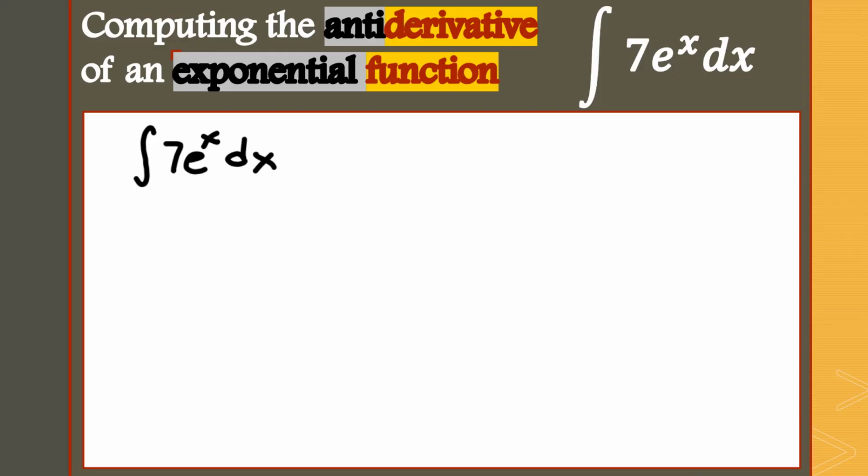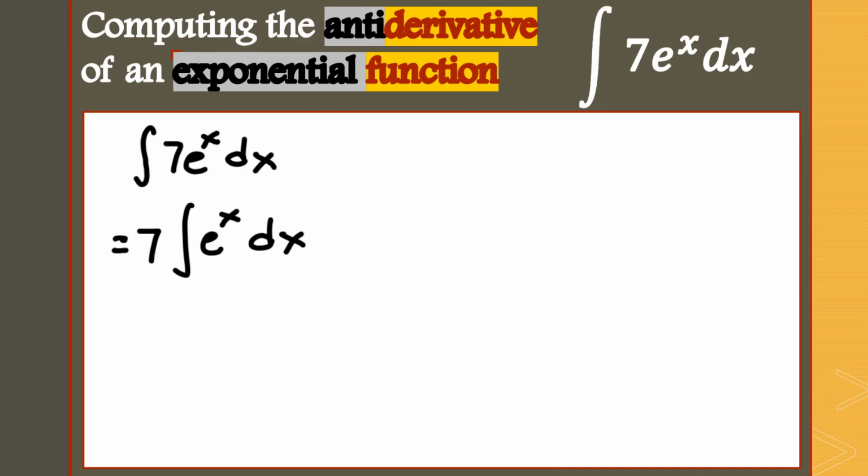Okay? Take note that 7 here is just the constant multiple. In short, we're going to use the constant multiple rule as we separate that 7 from the integral of e to the power of x dx. Now, of course, for some, automatically we know what the answer is, but allow me to insert here again